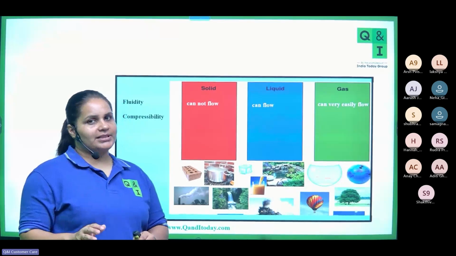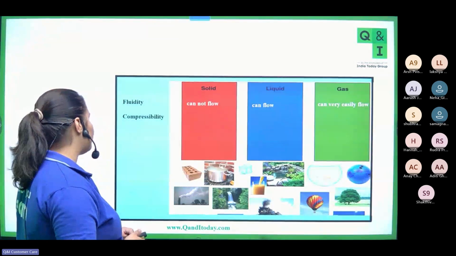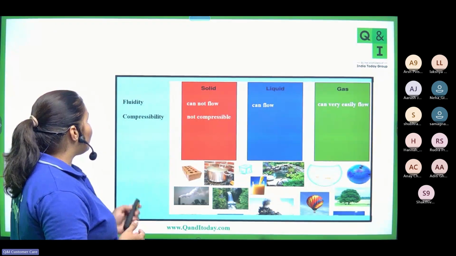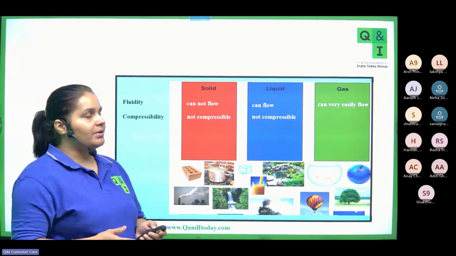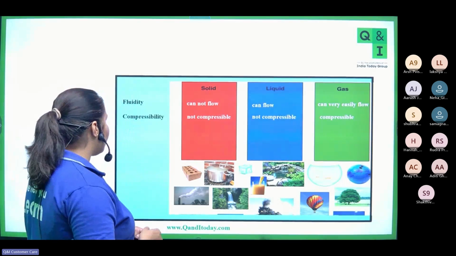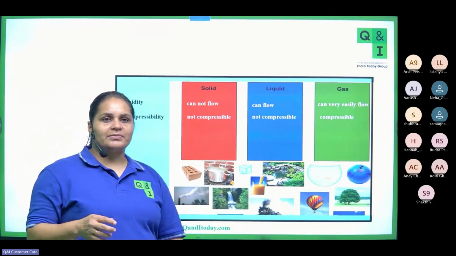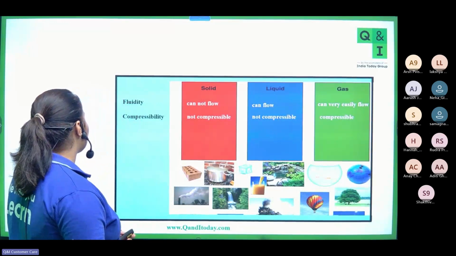You cannot compress them, whereas gases can be compressed easily. So solid incompressible, even liquid incompressible, whereas gas compressible. Instead of writing not compressible, you can write incompressible. Okay, then coming to